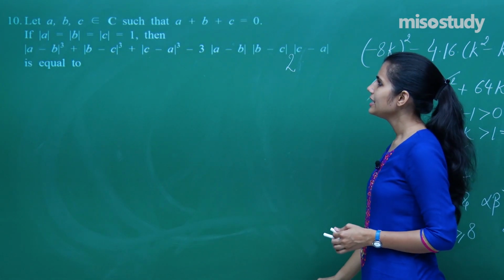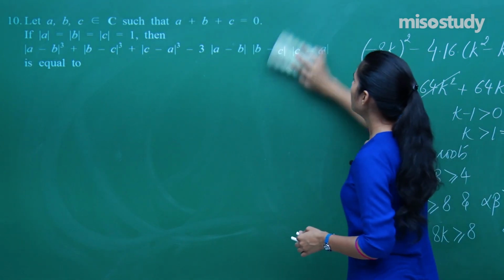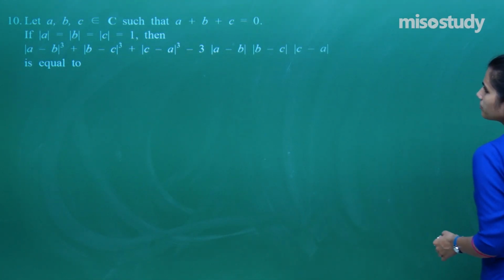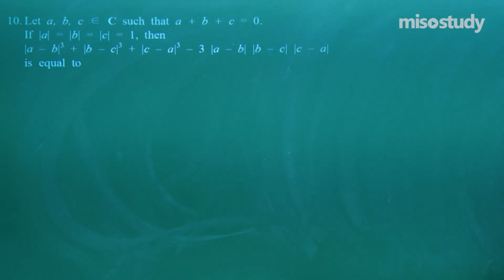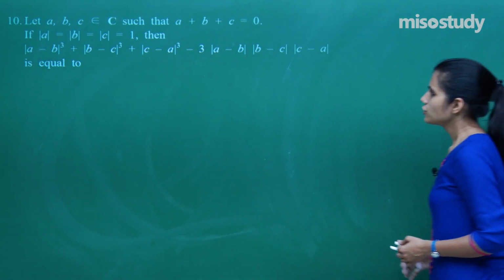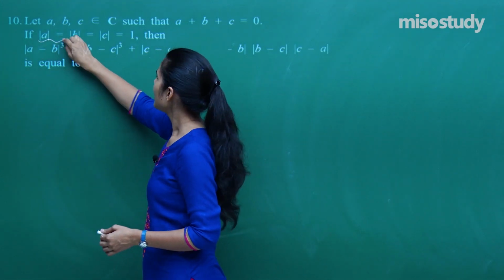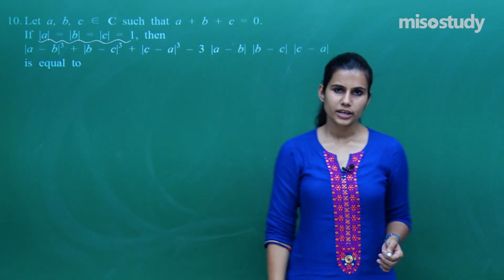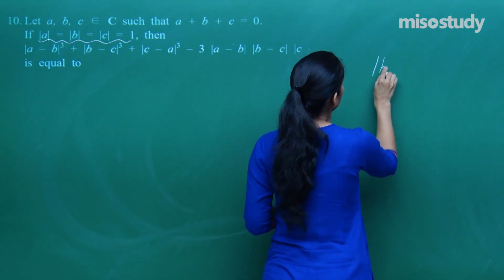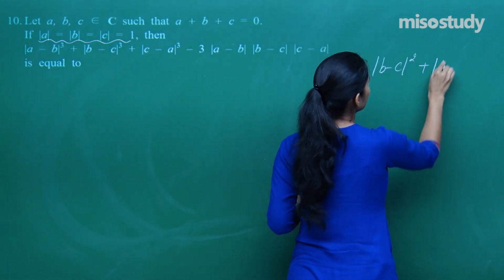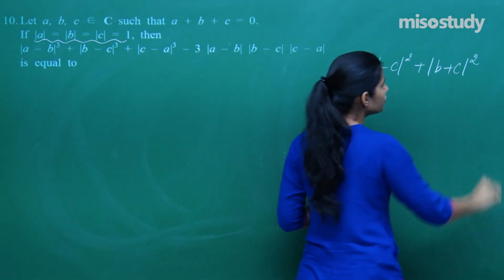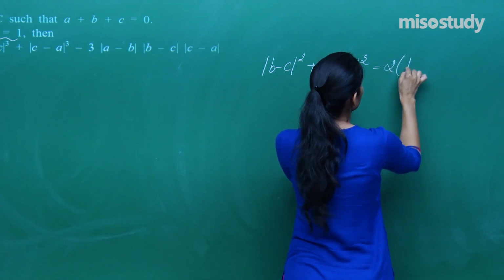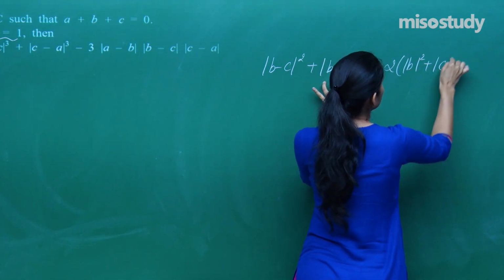So the integer associated to this question is 2. Next question says what? Let a, b, c be complex numbers such that a plus b plus c is 0. Mod a, mod b, mod c all have the same modulus, that is 1. Then what is the value of this expression? Okay. If I talk about mod of b minus c whole square plus mod of b plus c whole square, you know these identities. When you expand, you get twice of mod b square plus mod c square,